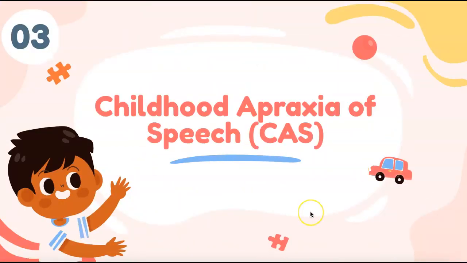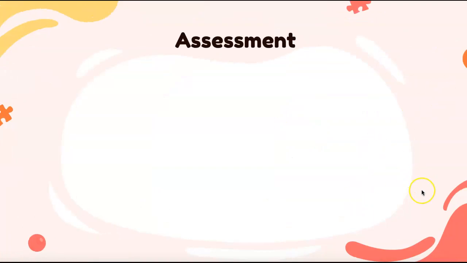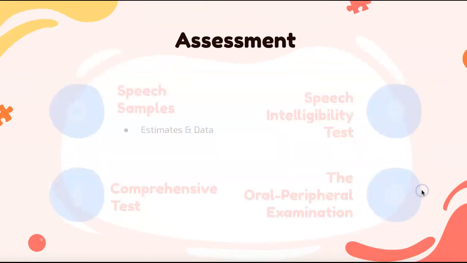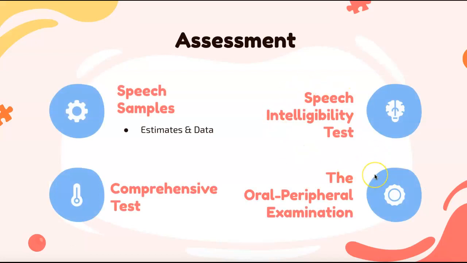Okay, so childhood apraxia of speech. Childhood apraxia of speech is very unknown. There's not much etiology of what causes the disorder or how it comes about. However, it does impact speech sound production, intonation, and word stress, according to Gilliam and Marquette in their book on page 192. Okay, so assessments that can be done for CAS can range from speech samples, speech intelligibility